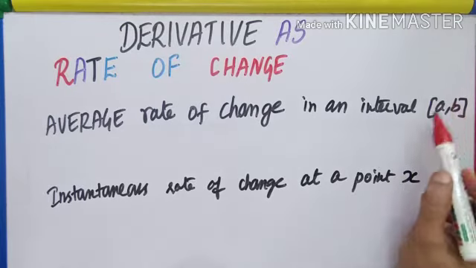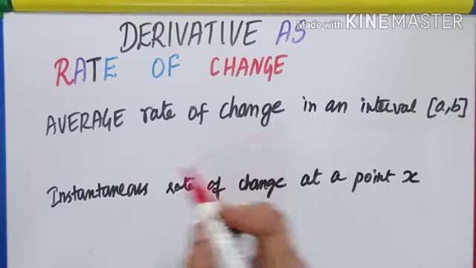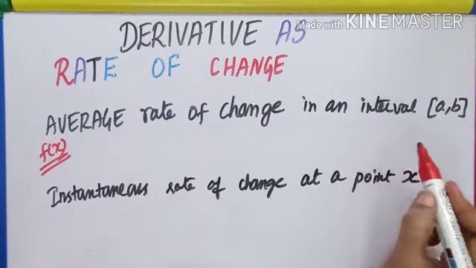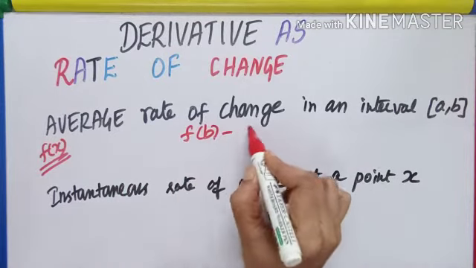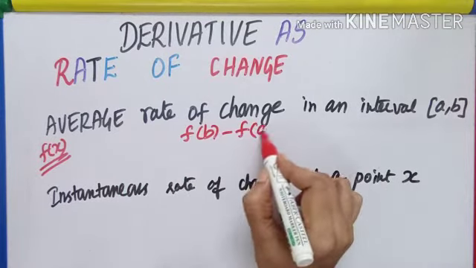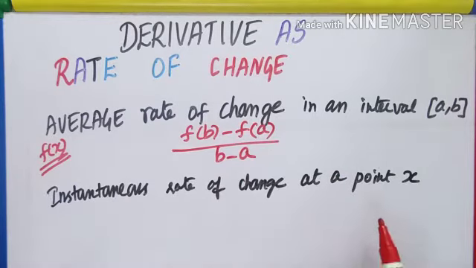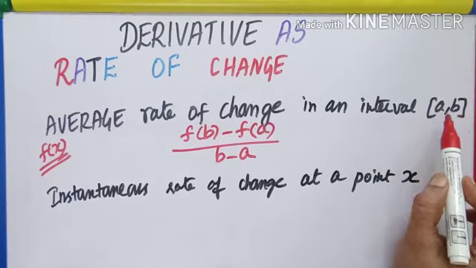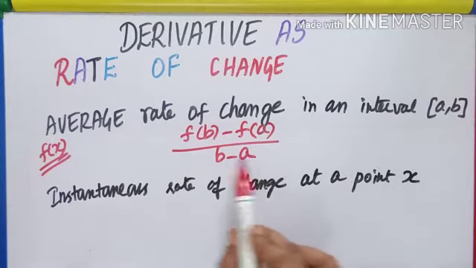Remember, whenever they give you an interval and they want the average rate of change, let me say the function is f of x. How to find it? F of the ending minus f of the beginning, divided by b minus a. So what is the formula? When the interval is from a to b, I will say f of b minus f of a